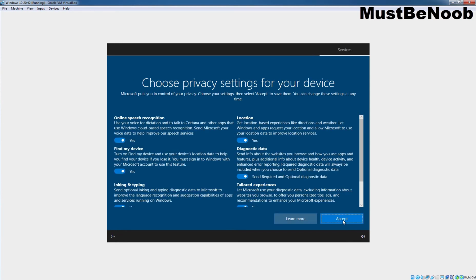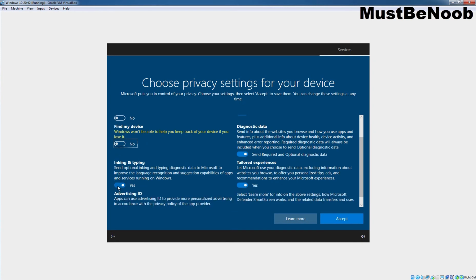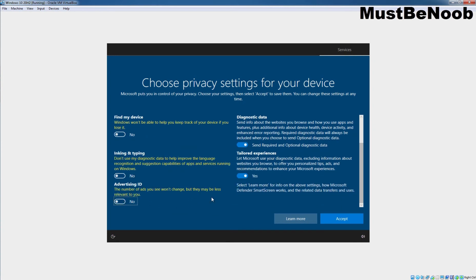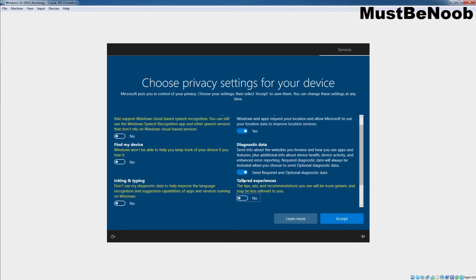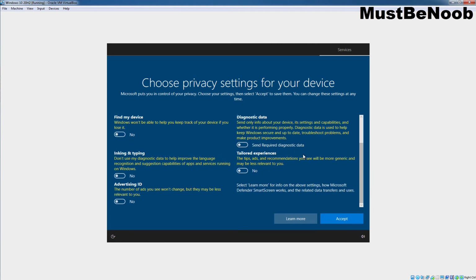After setting up security questions and answers, on the next screen, we need to choose privacy settings for our device. Here I'm going to select No, we don't want to use online speech recognition. We don't want to use Find My Device. So you can select these options as per your requirement. Fine.